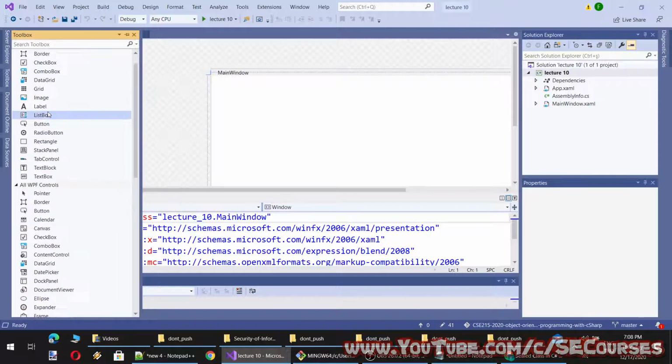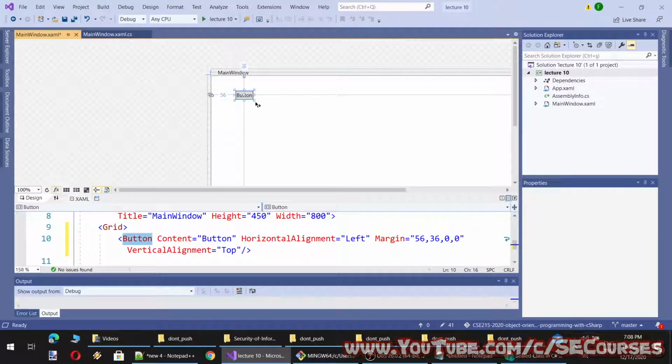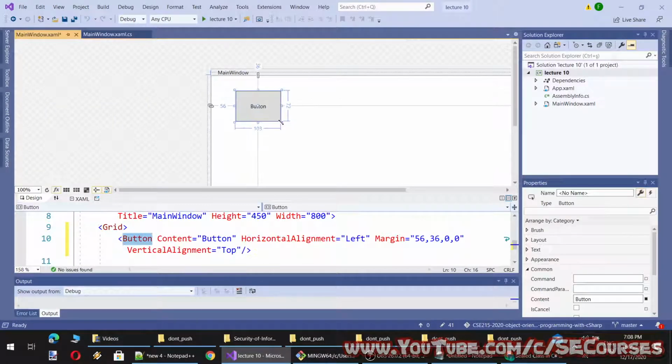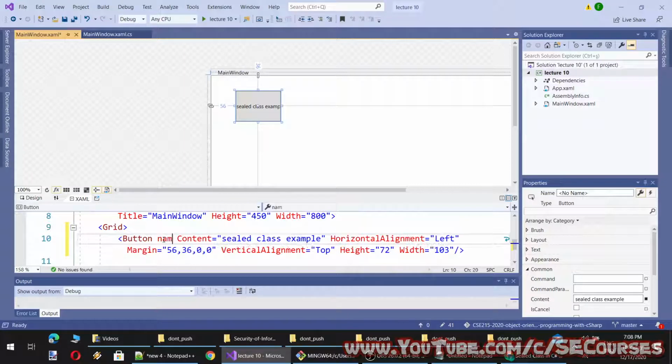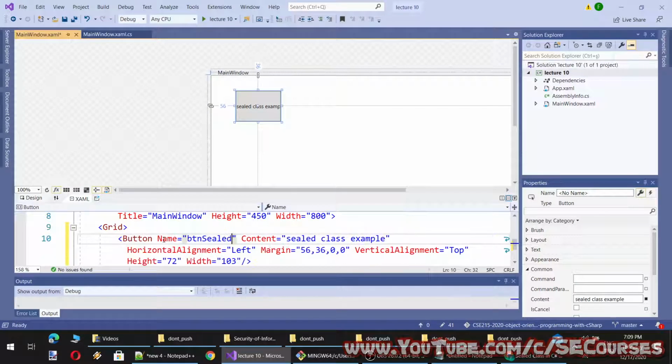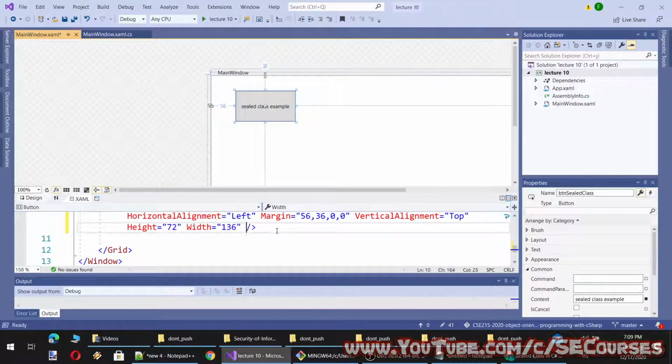So let's add a button to make some tests. It is so simple thing actually. Okay, and let's compose a click event.